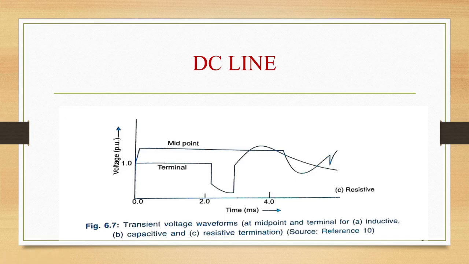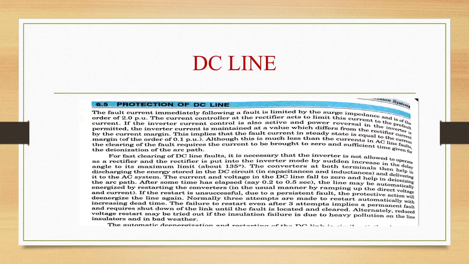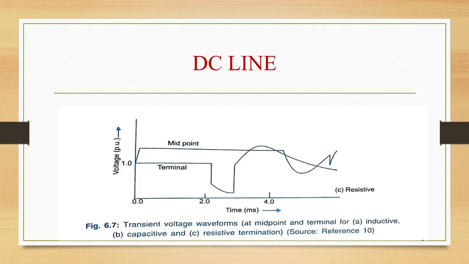Parameters of the DC filter also affect the nature of the terminal voltage waveform. The following conclusions can be drawn from a digital computer study of the transient overvoltages. First, with capacitive termination to the wavefront, overvoltage in the unfaulted pole is caused by the pole-to-pole mode. Attenuation and distortion of this mode is slight. Second, the surge capacitor, while helping in reducing the overvoltage at the terminal, does this at the expense of the DC line. It is desirable to use a surge arrester to protect the terminal against overvoltages.